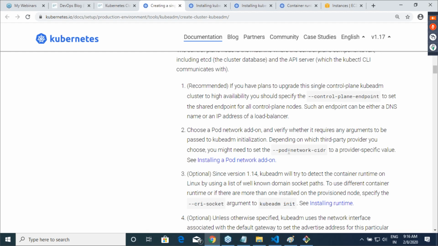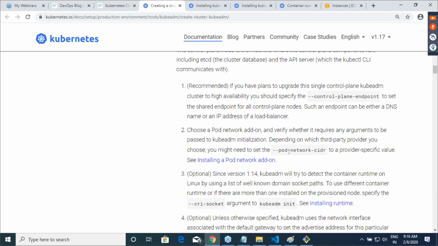Okay, so for all the other things, if you just do kubeadm init, like docker swarm init, that is enough. But if you want to create your pod network with this Flannel networking implementation, you cannot do that without passing kubeadm init --pod-network-cidr and giving some CIDR range over there. Okay, that's the only thing.